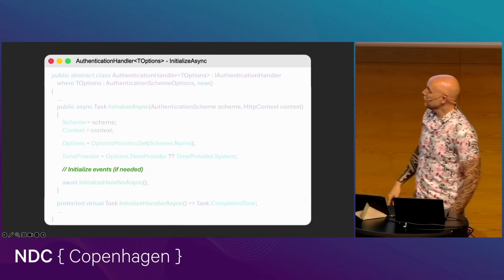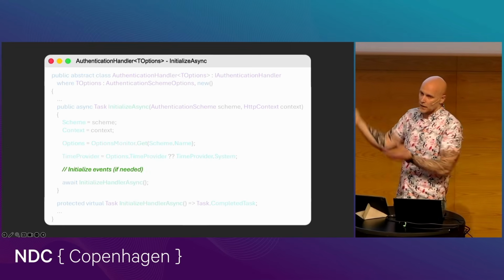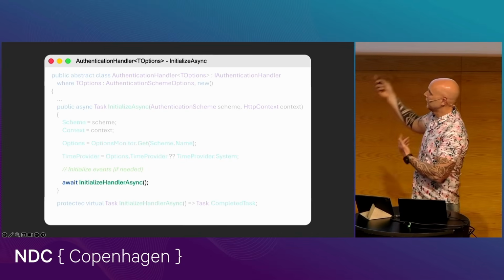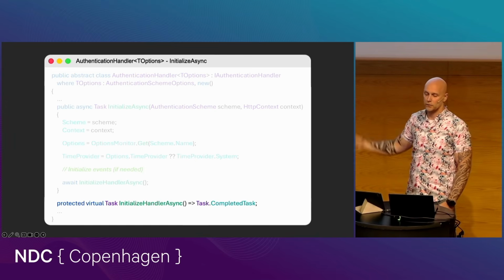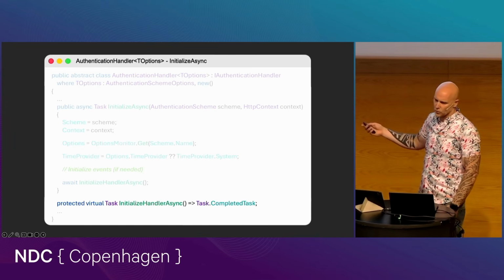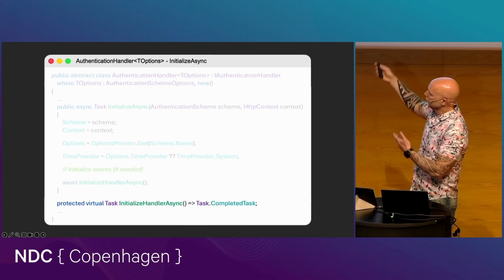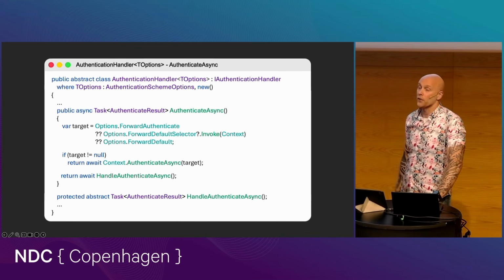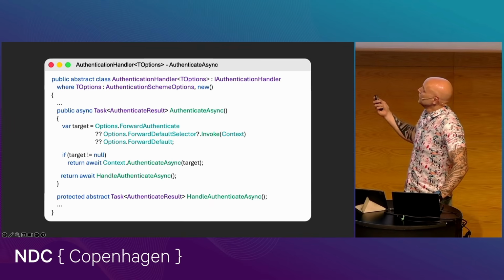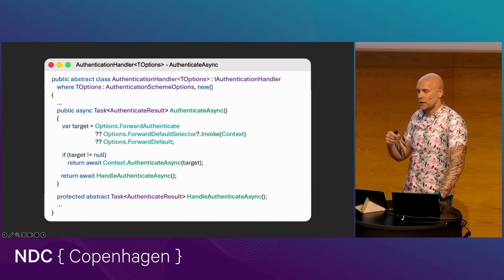It sets up some events, so if you haven't set up the events, it will do it for you, and then it calls that initialize handler async, and if you want to do something, you can override that. That's kind of the way it works. This is one of the more esoteric ones, because here you can't do a lot of different things, but if we look at authenticate async, for example,